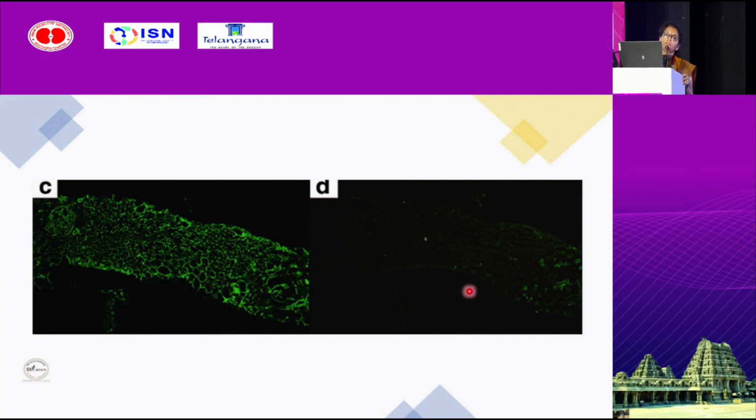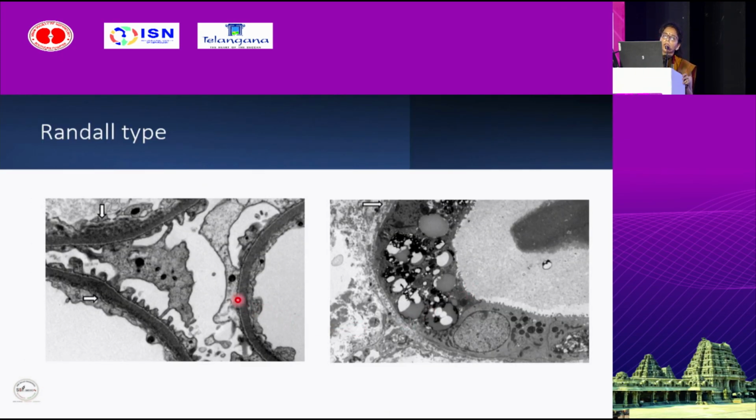The one which is positive is restricted and lambda is negative. Also, when we are confused, we can do IF albumin stain that will differentiate diabetic from MIDD. It will be positive in diabetic nephropathy. And on electron microscopy, along the inner side of this GBM, these are the podocytes, and this is a GBM. This is the endothelial side. So along the inner side of this, there will be fine punctate granular powdery deposits. They are also known as Randall type deposits, and outside the TBM, they will be there.